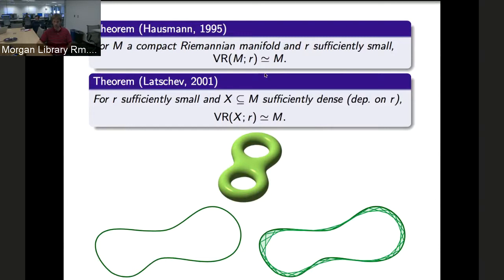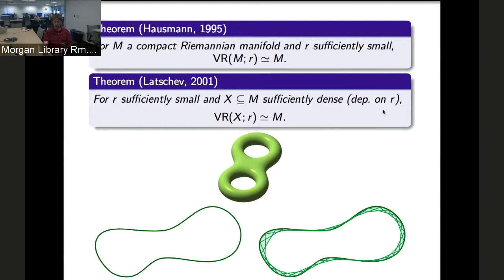That's not yet very applied. Why would you build the Rips complex on top of an entire manifold? Latschev makes this theorem more applied. So pretend now that you have a sufficiently dense, possibly finite sample X from your manifold. So X is some sampling of points on this manifold, this two-hole torus or this curve. So if your points are sufficiently dense,